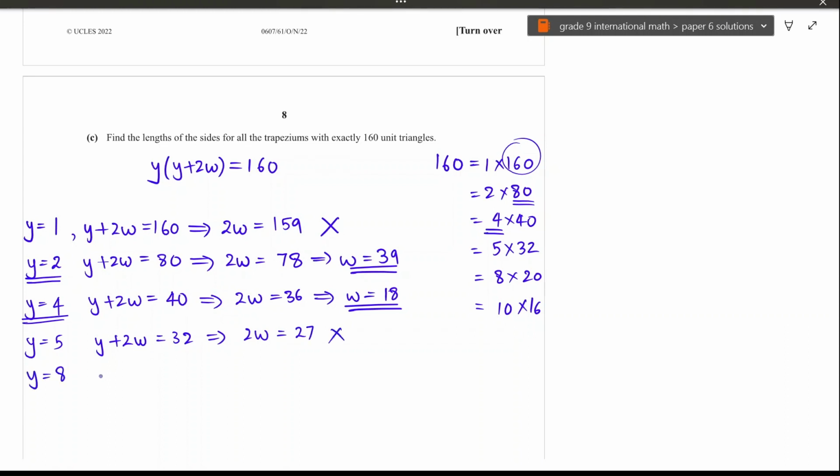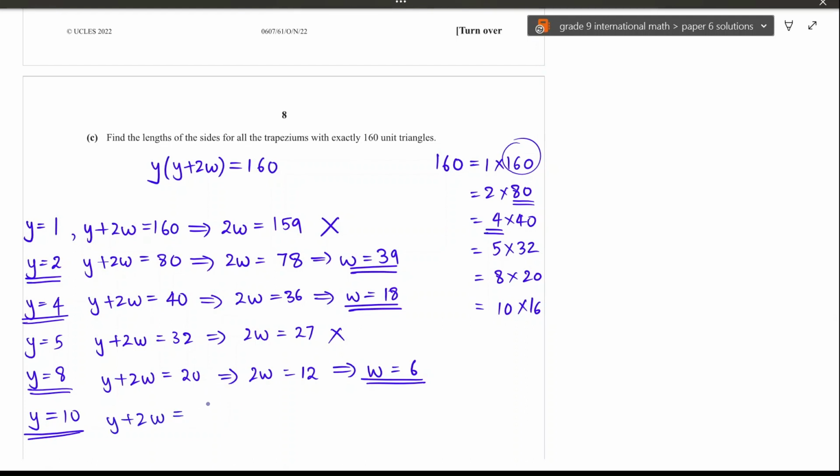Y is equal to 8. I think this will definitely give me. So y plus 2w is equal to 20, which implies 2w is equal to 20 minus 8, because y is equal to 8. So which is 12, which implies w is equal to 6. Again an integer value, it's definitely possible. And the last one, y is equal to 10. That gives me y plus 2w is equal to 16. And that gives me 2w is equal to 16 minus 10, which is 6, which results in w equal to